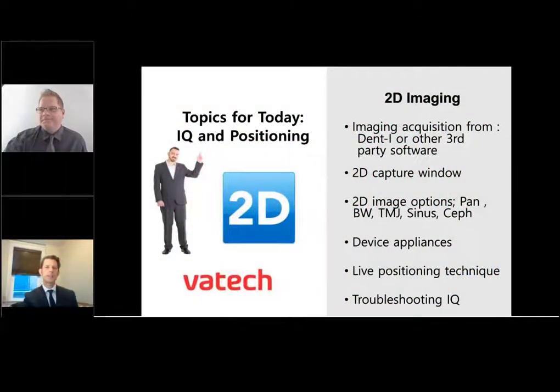And then Paul, let's break down this first morning a bit more into specific topics we're talking about. Yeah, so in our first part 1 session here, we'll be talking about everything 2D, from acquiring images from Denti or other third party. We'll take a look from start to finish from the 2D capture window and all the different 2D options. Some you may or may not take: panel, bite wing, TMJ, sinus, and Ceph. As an example, we'll talk about the appliances and the entire technique, and then we'll move into troubleshooting image quality